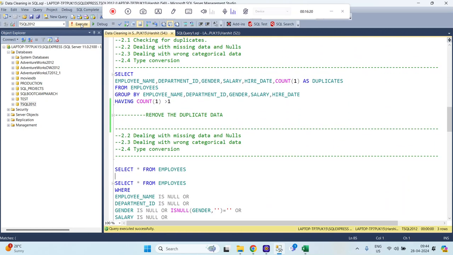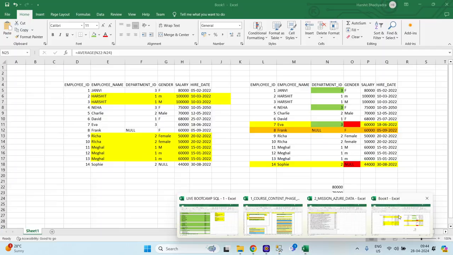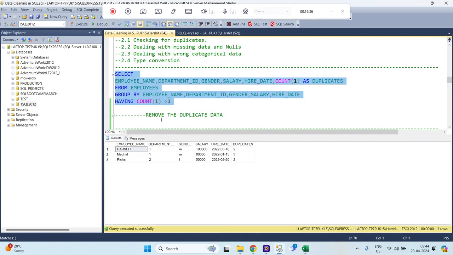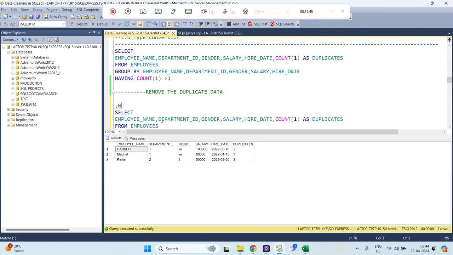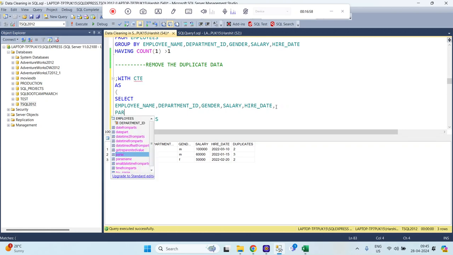Now our first part is pending, right? So now let me again go to that example, removal of duplicate values. So over here, from any of the records, we can remove one record for Harshit, one record for Richa, and one record for Meghal also. So how can we do that? Let me write the query for the same. With city, we can say city as, now we can say partition by,